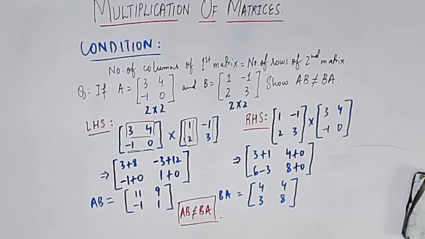And in our SLOs we have the condition of multiplication of matrices up to 2 order. That's why we are not doing any 3 by 3 or 2 by 3 matrix. We are only doing 2 by 2.